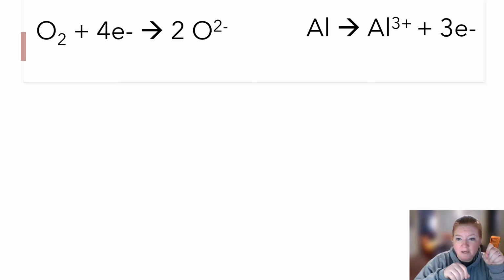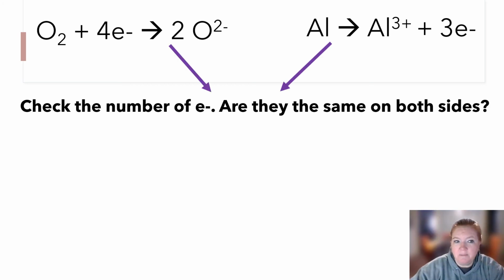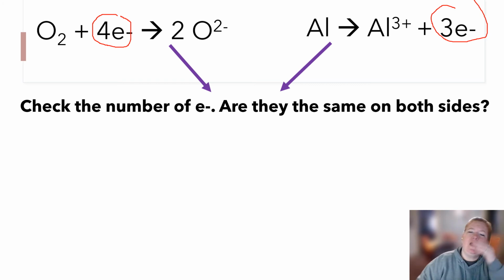Now, I usually write it that way because it's redox, but you don't need to. You can put the reduction one or the oxidation one first. That's irrelevant. Now we're going to get ready to put them together, but before we put them together, we have to check the number of electrons on both sides. So here I have 4, here I have 3. Oh,